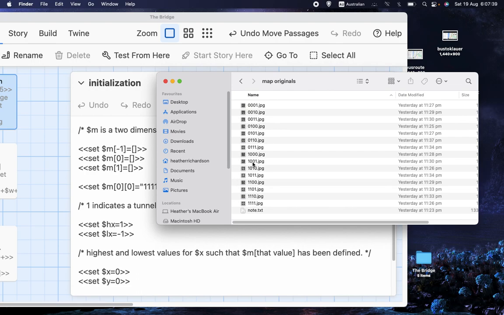And the name of the picture corresponds to the alignment of tunnels. So for example, 0010, we know that means you can't go north, you can't go east, you can go south, and you can't go west. So that would be a dead end coming from the south. And so I've got Map Originals, and then I've got Map, which is the one that's actually used in the